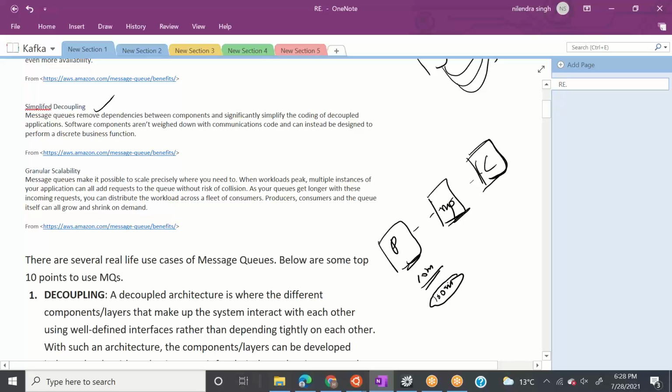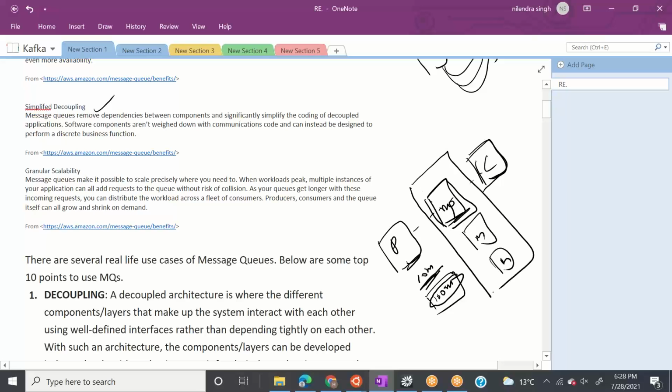To answer this question, they made the MQ a distributed framework, same like our HDFS, same like our MapReduce, same like our Spark application. They say that if my system is able to handle 10 million, and I want it to handle 100 million, then I'll add one more machine. This addition of machines is super easy.